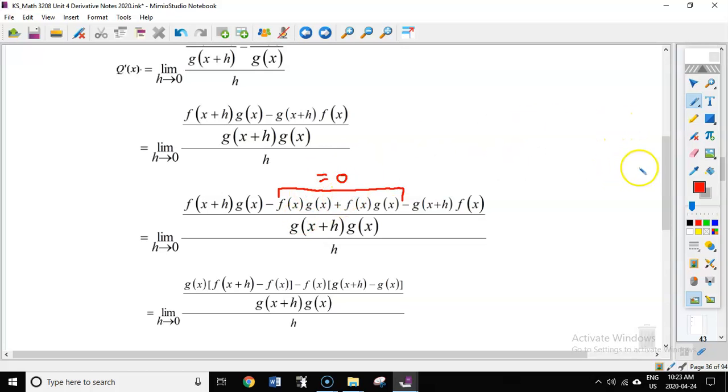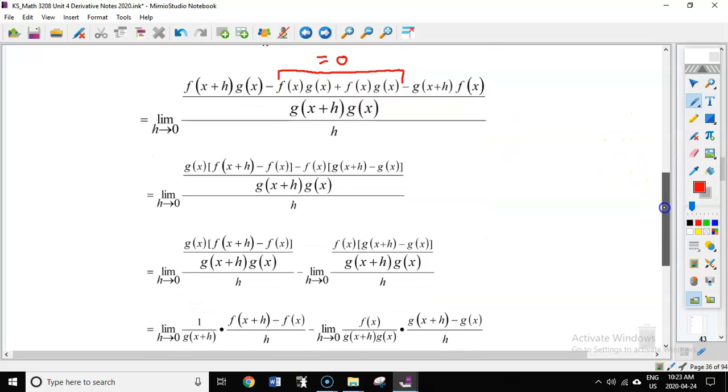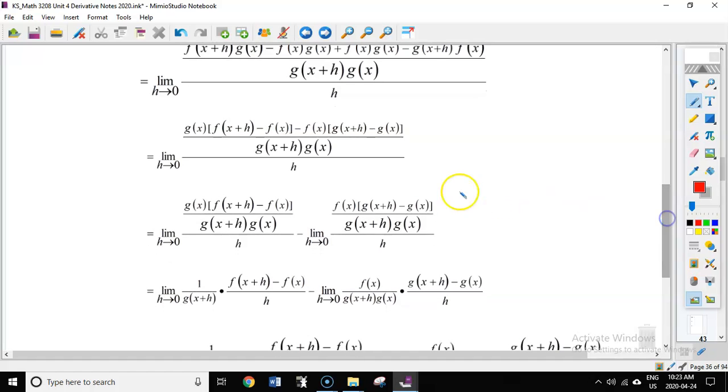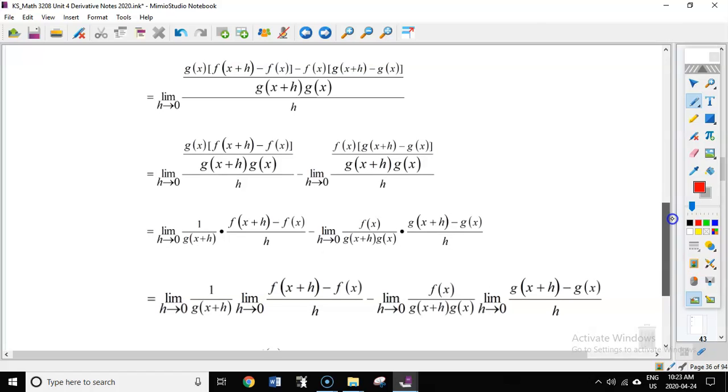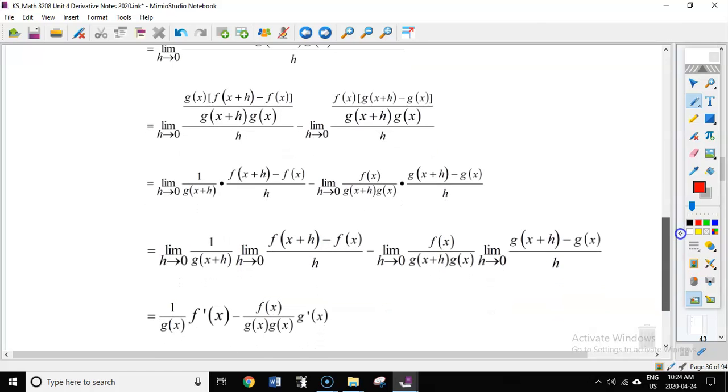So if you just look at this part and we scroll down to the factoring part, you can see here at the bottom that what's happening is when we factor out our 1 over g of x plus h and our 1 over g on this side,